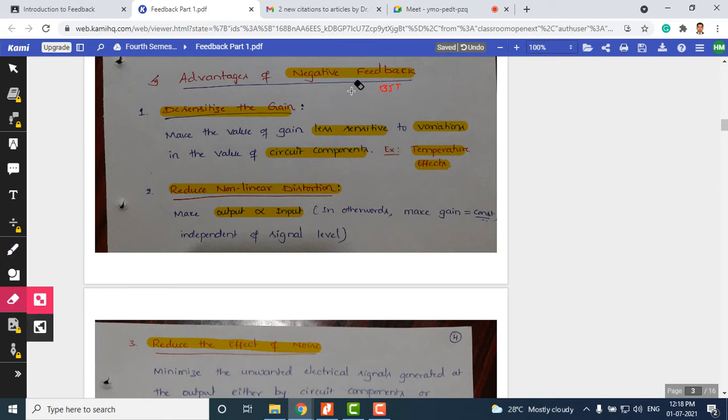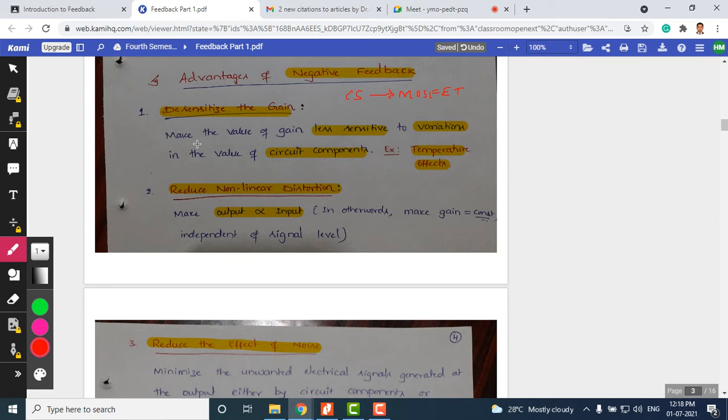Just to simplify, let me use the common source amplifier in our examples. The common source amplifier is basically MOSFET based, as we have discussed earlier. MOSFET is one of the devices which belongs to the FET family. Now we will see how this negative feedback mechanism desensitizes the gain. It makes the gain independent of the transistor parameters. That is the benefit we are going to gain from negative feedback here.